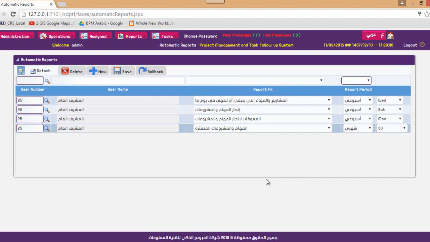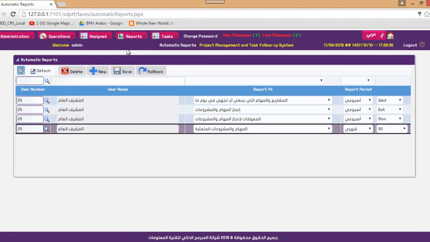Nobody is going to ask any project manager to update the tasks. The system itself is going to update the task percentages, generate a report, and send it automatically by email to whoever is mentioned here, at exactly the time he wants. So this is very useful for the executive, project managers, and the project management office.